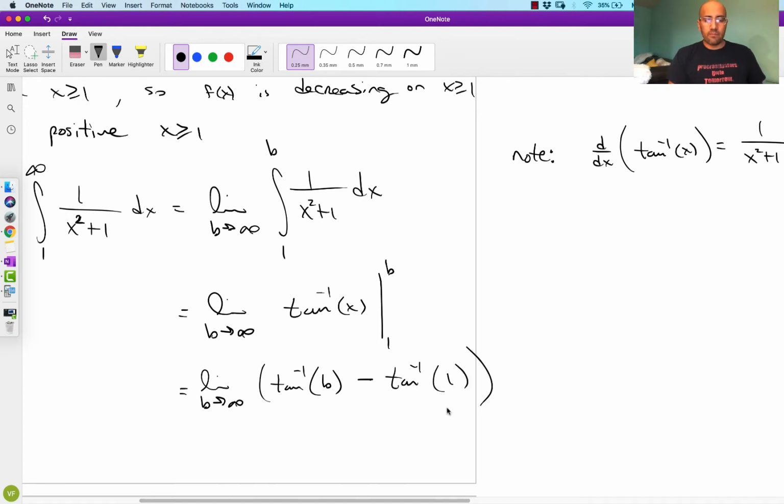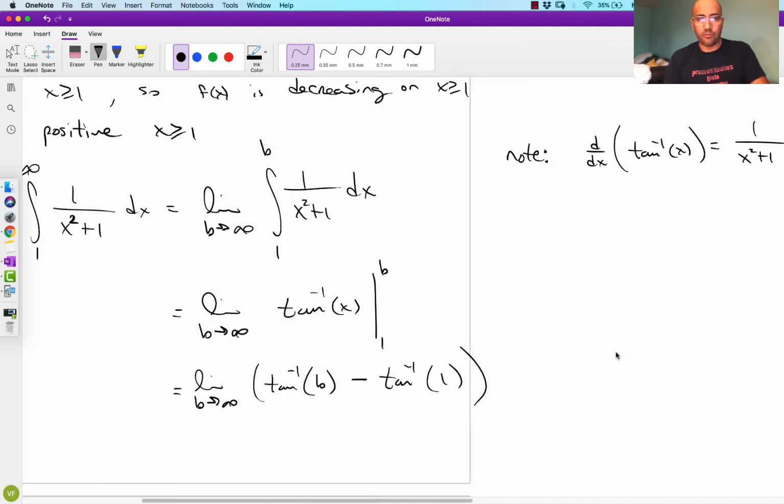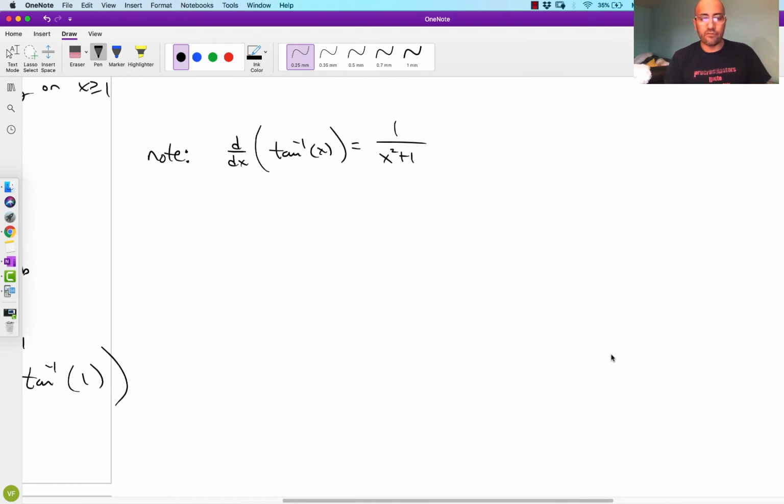Now this might be a good time to refresh your memory on the tan inverse function and its graph. So y equals tangent of x, it's related to that one, means that tan inverse of y